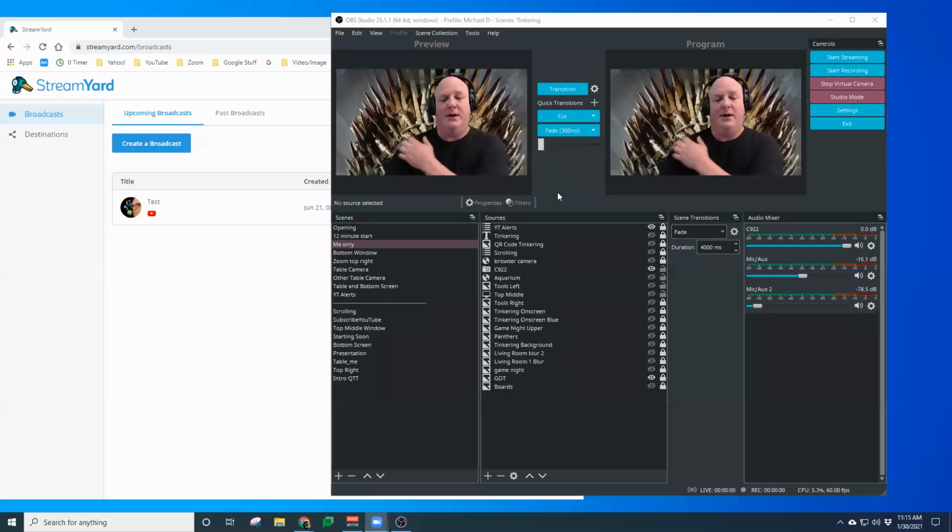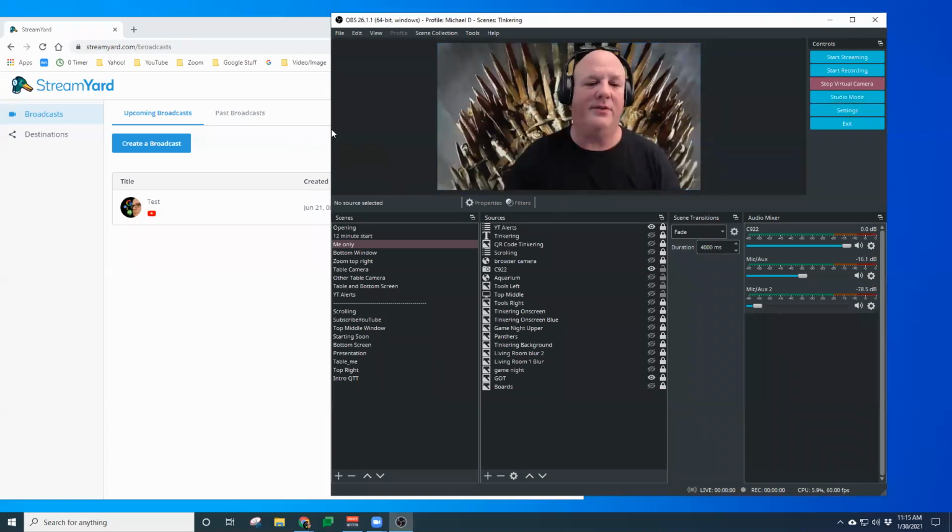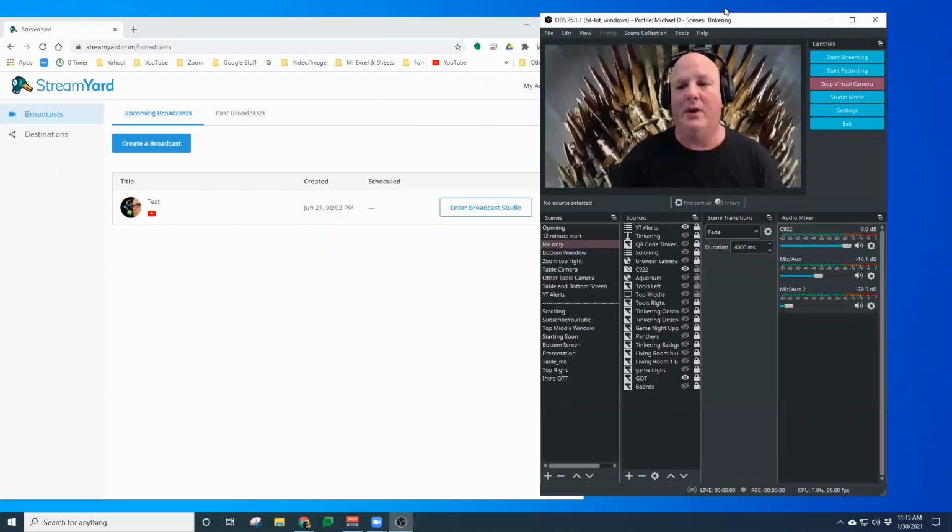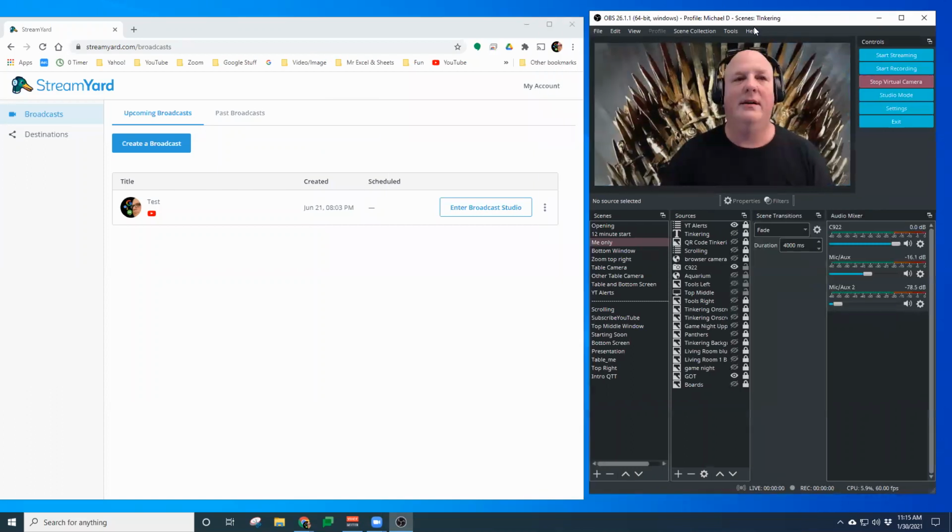So if I'm right here, I'm going to take it off of studio mode. Most of the time I'm off of studio mode just for real estate. I have 5 monitors and I don't have enough room. So you will too. A lot of times if you're doing a production and you only have 1 monitor, you